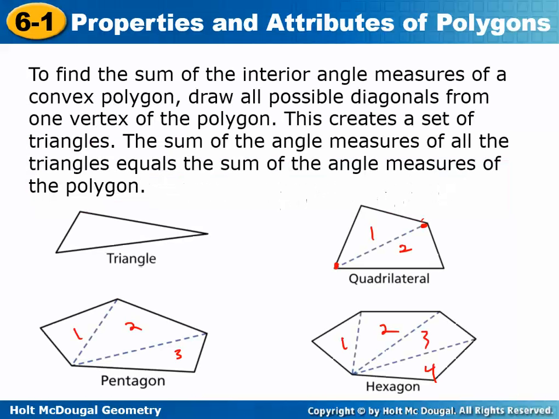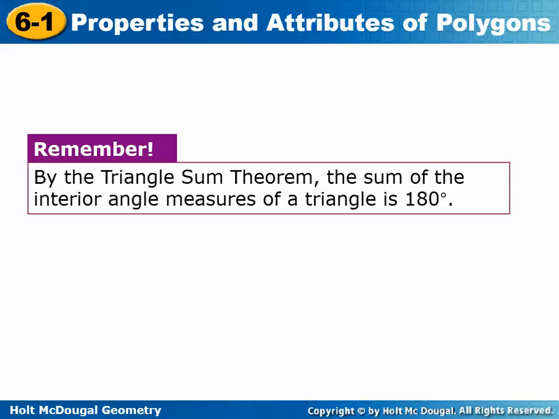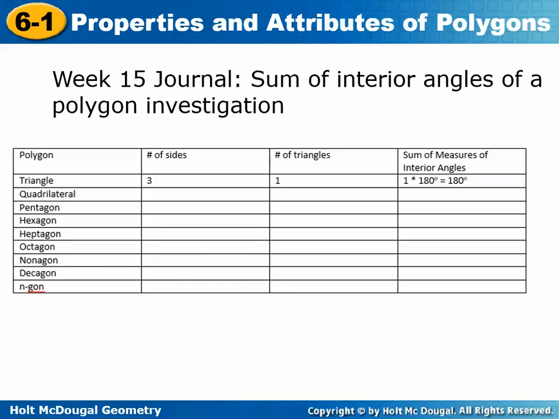Now there's a relationship between the interior angles and how many triangles you can create. Since every triangle has 180 degrees in it, you can use that to help you find the sum of the measures of the interior angles of any polygon, no matter how many sides it has. So for your journal, you're going to take these different shapes, and some of them we just looked at, and there's some sketches, and you're going to sketch the